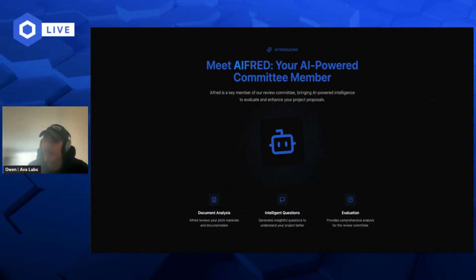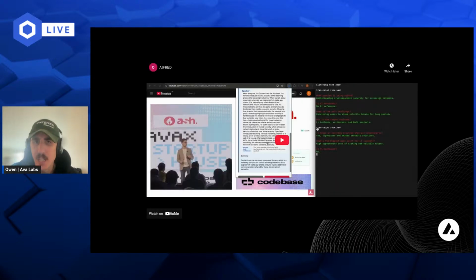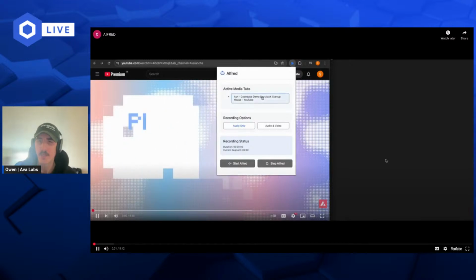For each of the other committee members on this InfraBUIDL program, they have this browser extension that they will open up anytime they're in a relevant meeting or watching a relevant pitch deck. This browser extension will transcribe the audio from their browser and send it over to the Eliza OS backend, that again is acting as a VC. The VC will start asking questions if it's a relevant project to InfraBUIDL and if it should get its vote at the table. So hopefully this demo works. I don't know if the audio is going to work.